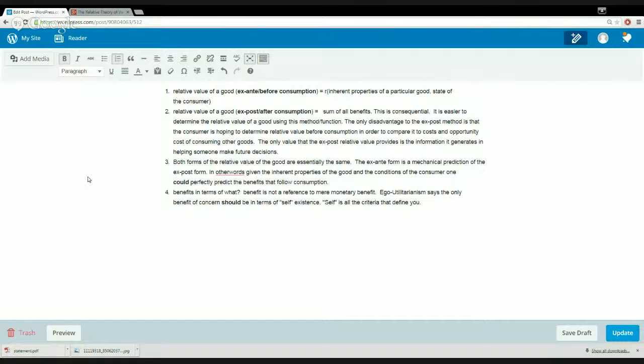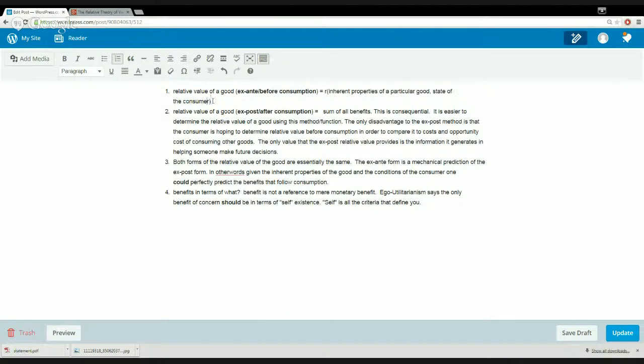This is ego-utilitarianism, and this is the relative theory of value for dummies, part 2. In this presentation, I'll just be wrapping up a quick summary of the relative theory of value. In the first part, I presented one form of the relative theory of value. I call that the ex ante, or before consumption form. And in this presentation,